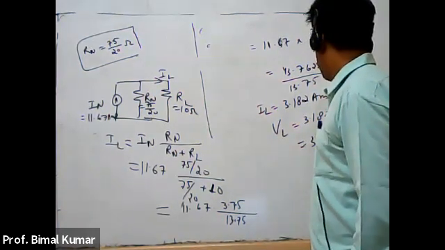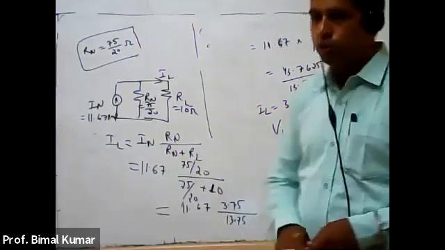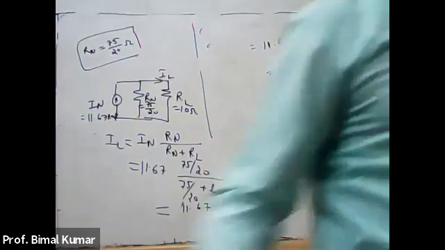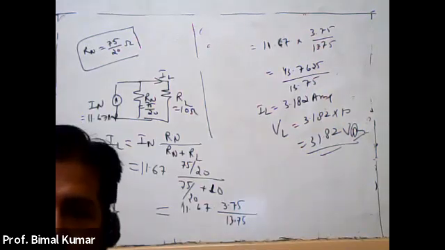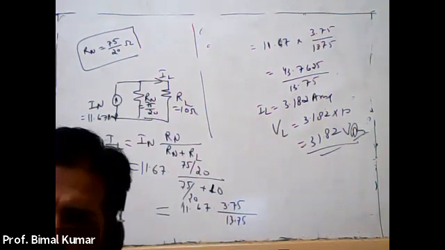That will be 31.82 volt. So this is your required answer by the use of this Norton theorem. So either you use the Thevenin theorem or the Norton theorem, the value of the load current will be